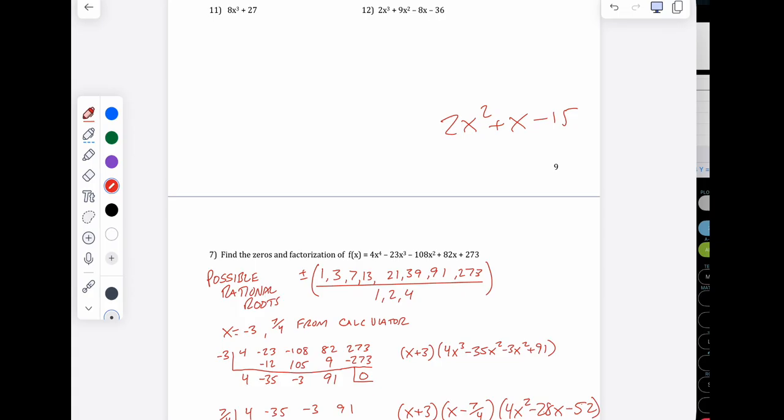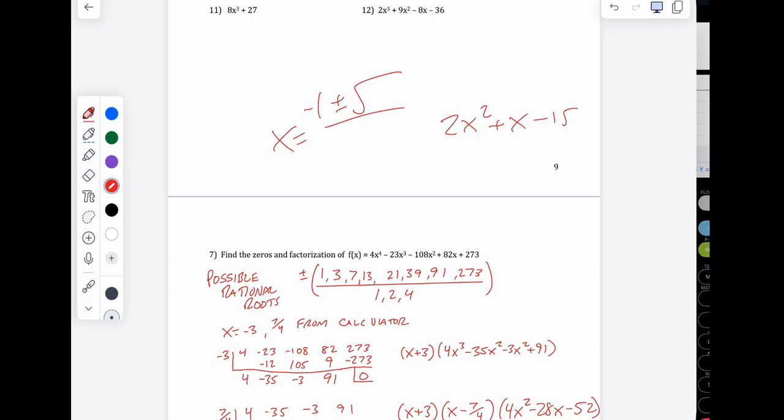Let's say you have this and you're trying to find the factorization. Now this one's factorable, but let's just do the quadratic formula. I do negative b plus or minus the square root. I'll do the b squared minus 4, I see on my calculator. 4 times 2 times negative 15